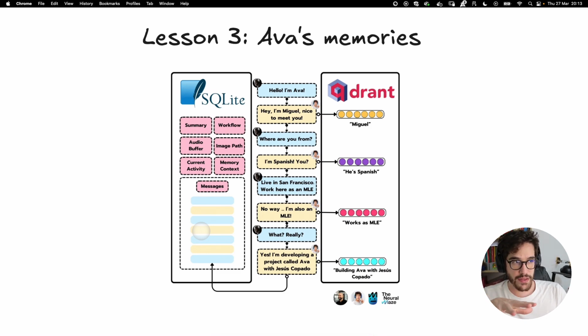Okay, so this is pretty straightforward, it's very simple, and you will see that we only need one simple import from LangGraph, because all of this SQLite interaction is just a built-in function in LangGraph. So it's really easy to implement. But now, about Qdrant, remember that